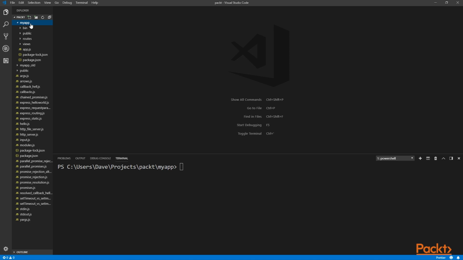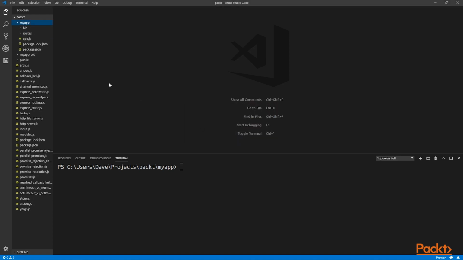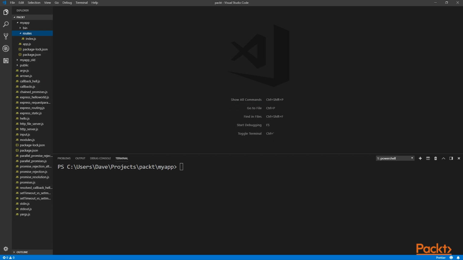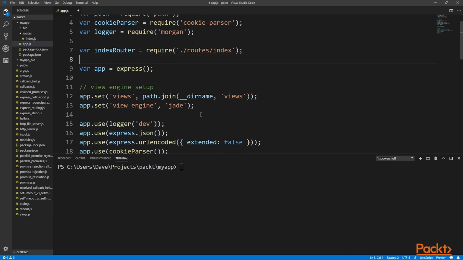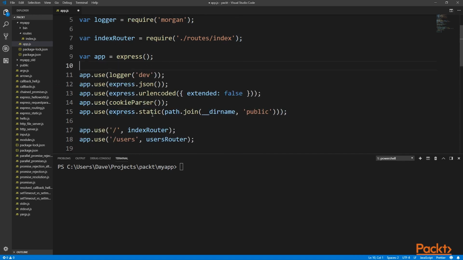First, delete the public and views directories. We can also remove the user's router. Now in the main app.js, we need to make some changes. Let's remove the reference to the user's router, clean up the view engine setup, disable static file serving,